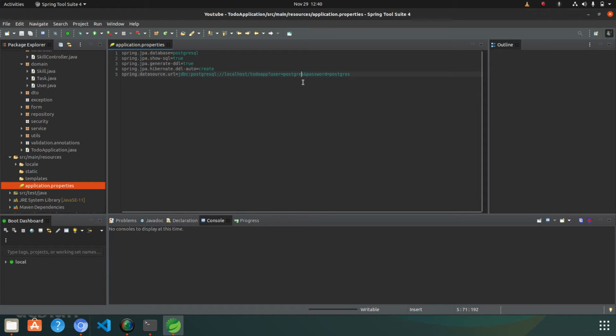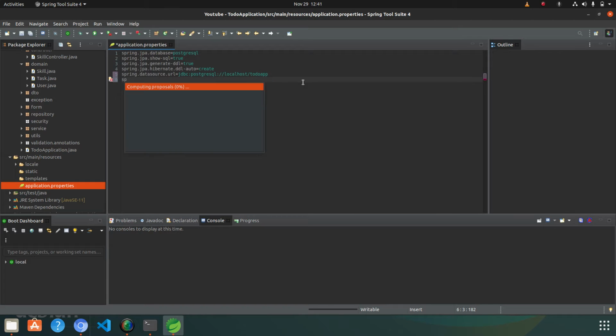Or you have another option instead of that. If you do not want to write the URL, username and password like this, then you do not need to worry. You just need spring.datasource.username, and the username provided will be, like I am giving postgres here, because it is my username for the Postgres database.